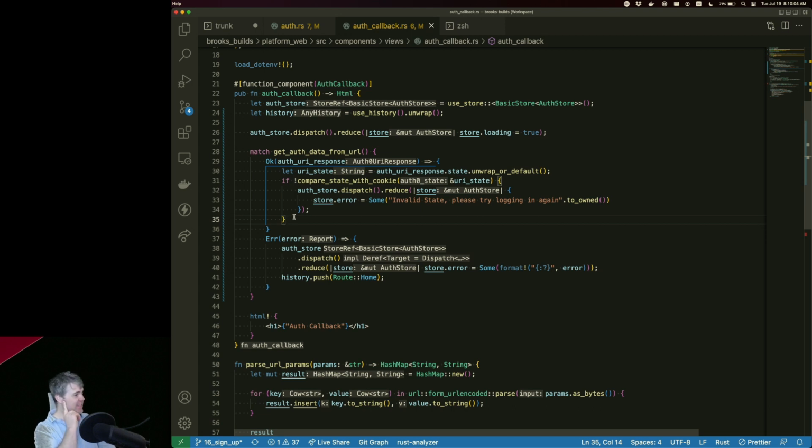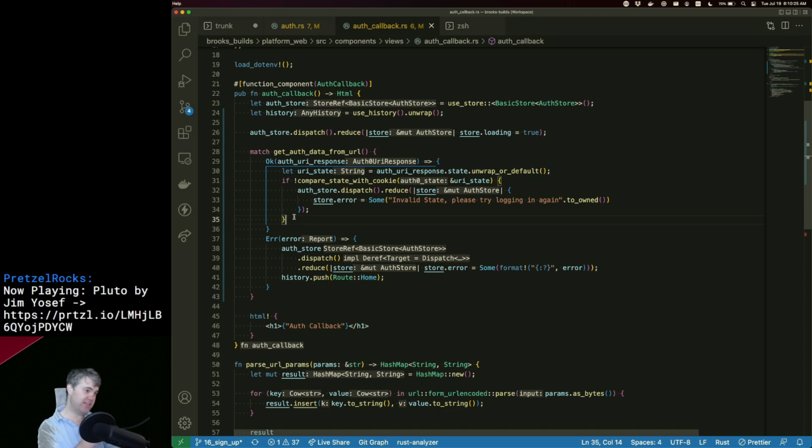Can I do that inside of this match here? Or am I just going, oh, this might be the way to do it. I just store the token into a cookie and we head back home.